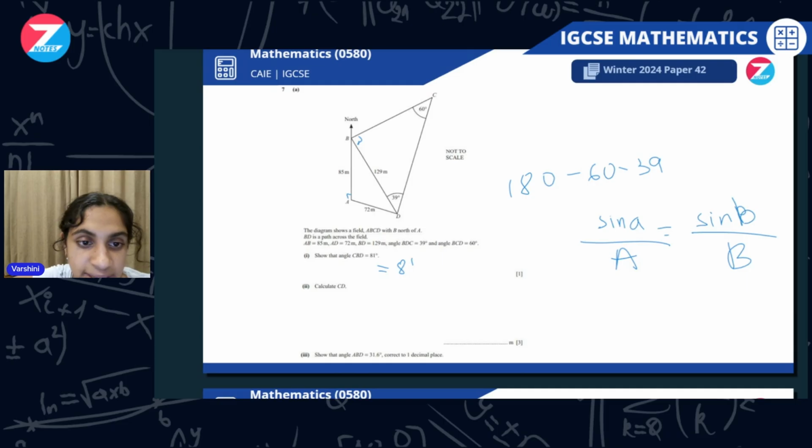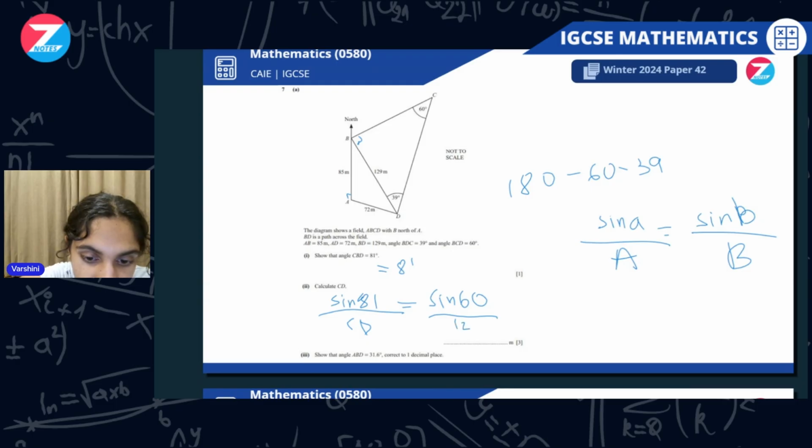And so that means that this angle, which we calculated as 81, so we know sine 81 divided by CD is equal to, now you can take any of the other angles. Let's take this one, sine 60 divided by 129. So now to do this, all we have to do is cross multiply these two,